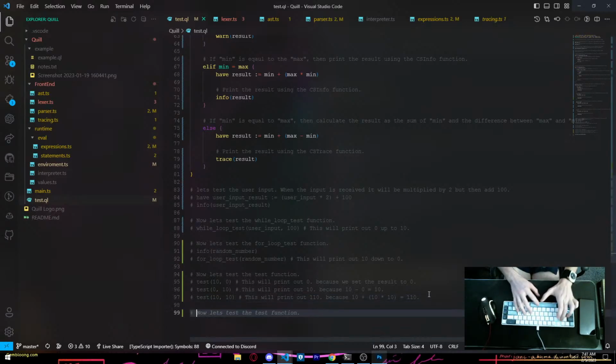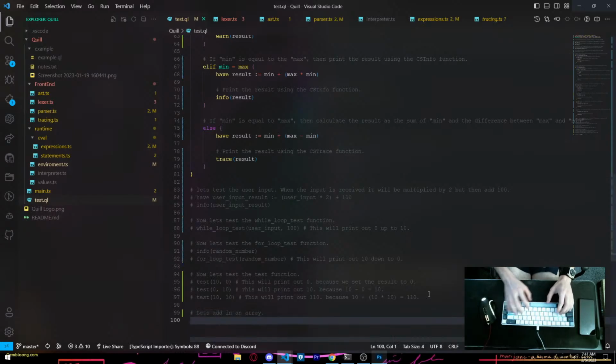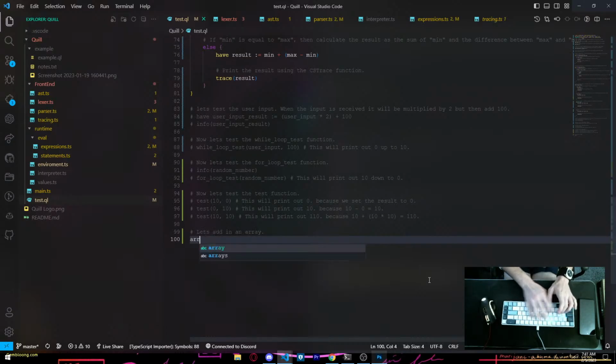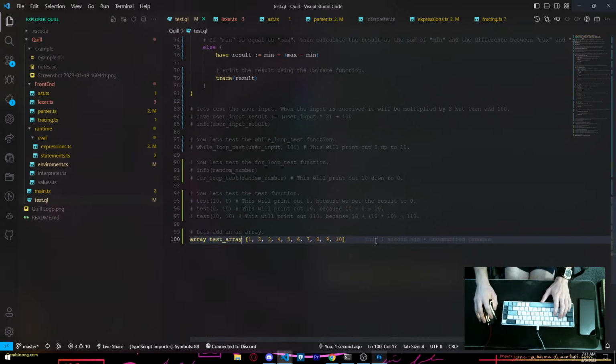So let's add in an array, right? The way you add an array in Quill is you would have the array identifier. So we have array, then we have our name, which is going to be test array. But then you just call it like this.